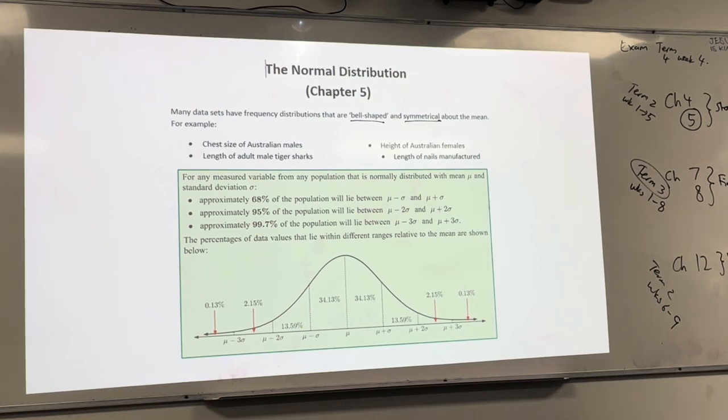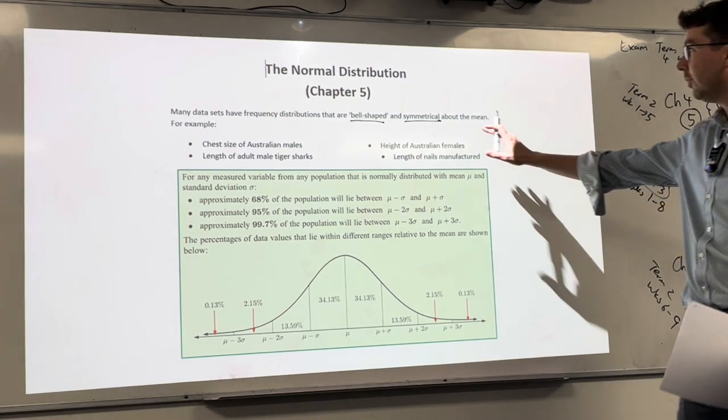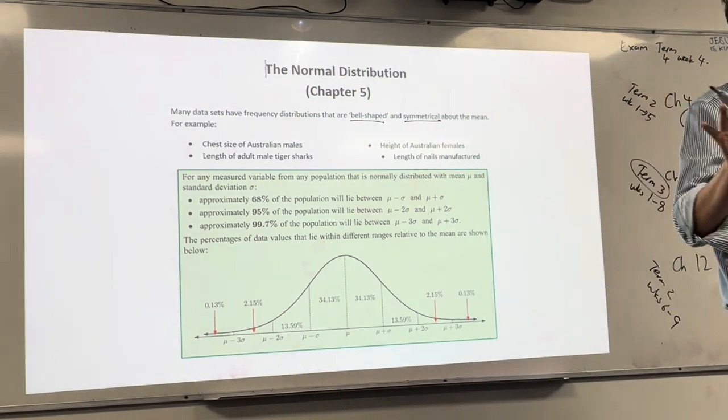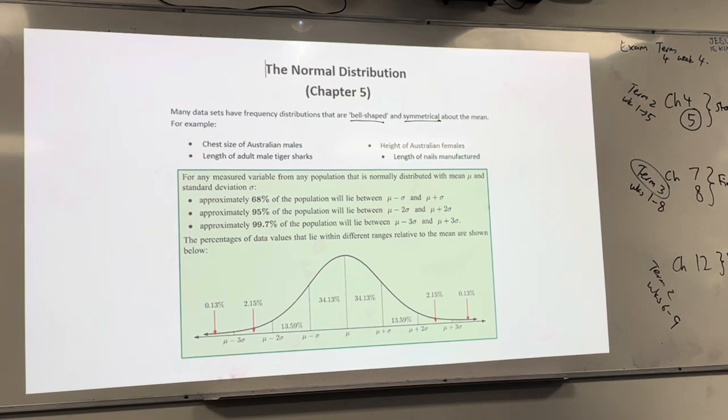Chest size of Australian males, length of male tiger sharks, height of Australian females, lengths of males manufactured. Big data sets often have frequency distributions that are bell-shaped. Okay. Generally, for a distribution to be normally distributed, it needs to have a lot of data. Okay? So,